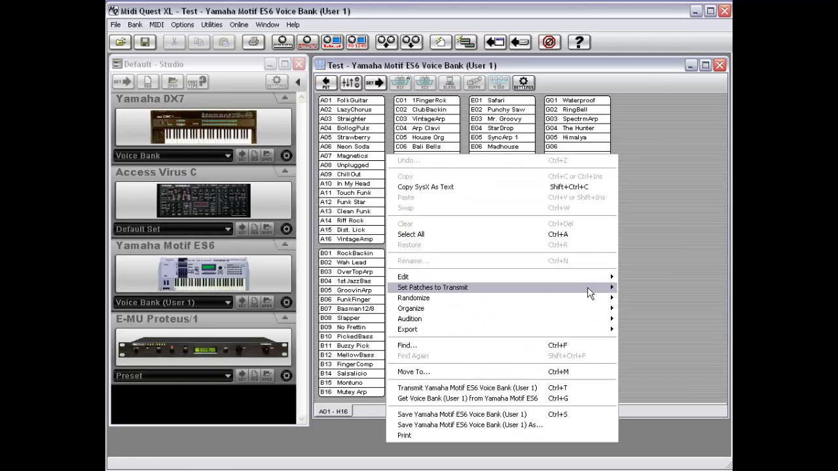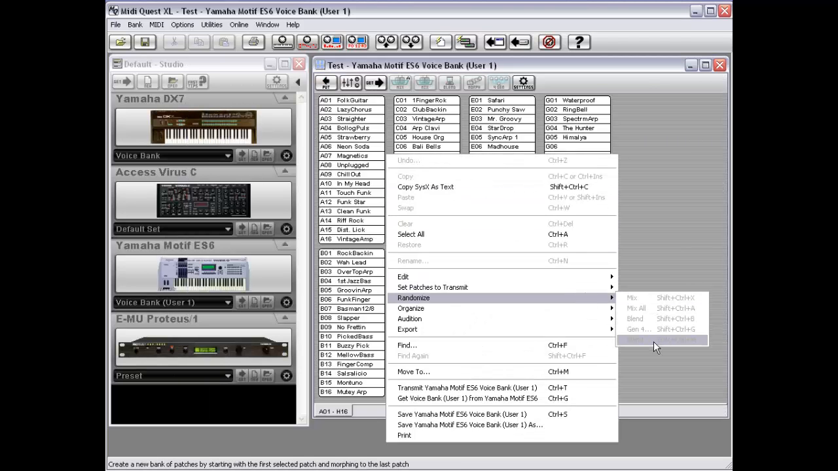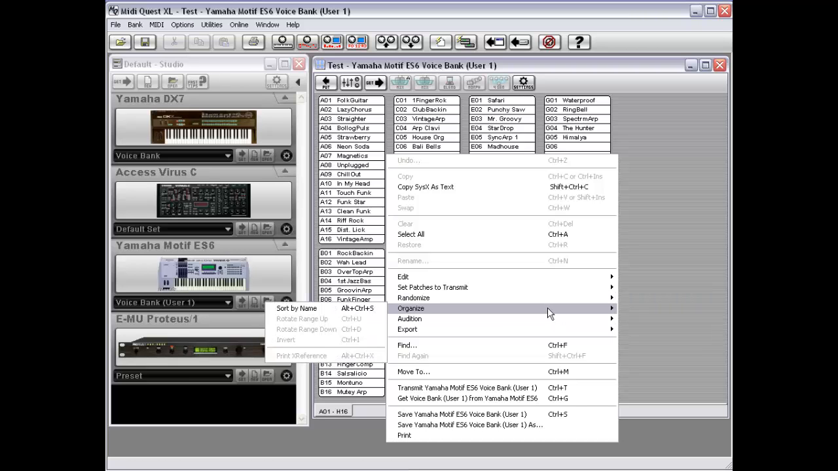The final randomize option is morph. However, morph requires the selection of 2 patches and must be executed from within a set. So since we're using an individual patch bank here, we'll wait for the morph example and place it in the set tutorial. The next submenu is organize, and